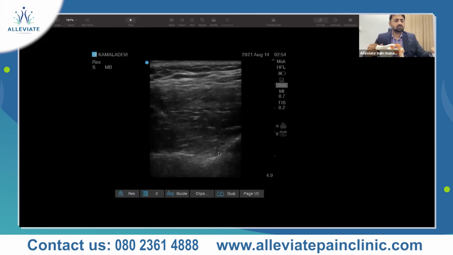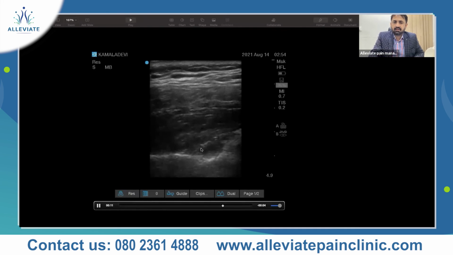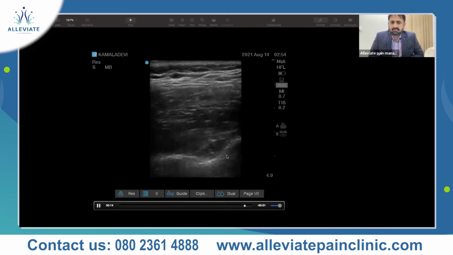And one more thing is the suprascapular nerve passes from this notch and it goes through the spinoglenoid. So this whole area you can deposit anywhere. You don't need to actually get into the notch, pierce and give. So even pulsed radiofrequency neuromodulation can also be done in this area. Here you can see the needle at the notch, you can see the needle move. As I told you, it will not be very clear, but you can see the local anesthetic distending the area. Aspirate again, and you can deposit at this area.